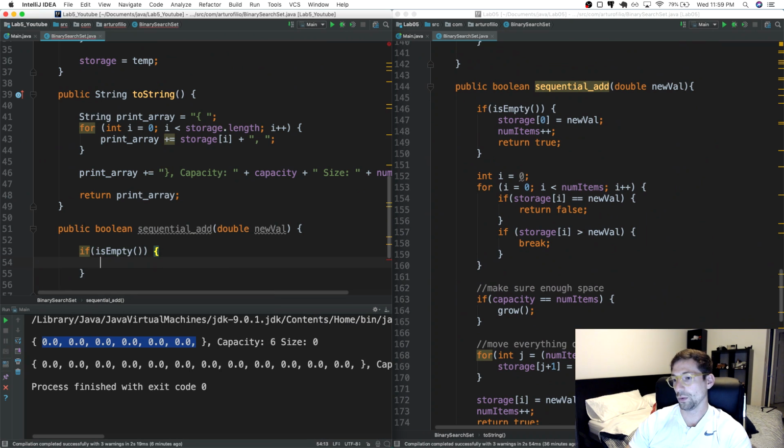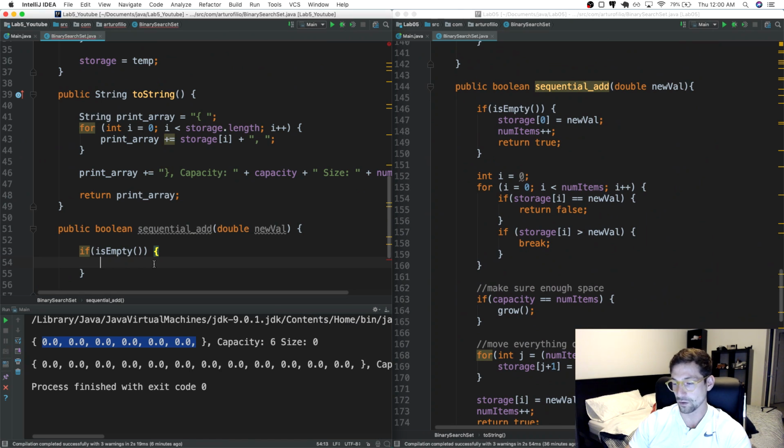So first we want to check our base case, right? By our base case I mean the most basic case, or the easiest case. This means, what was the easiest case? That it's not initialized, just as we have right here. So if we have an array that is not initialized, then we can just go ahead and insert it in the first place, right? Though that's not going to be the majority of the time, but for now, let's deal